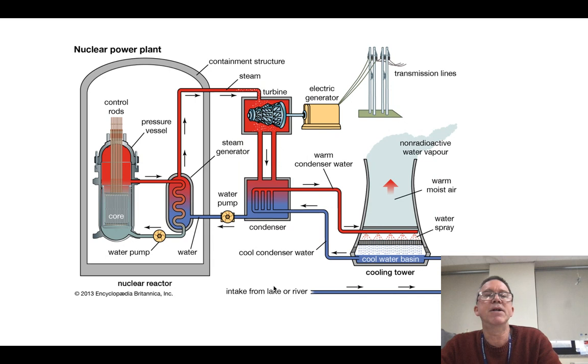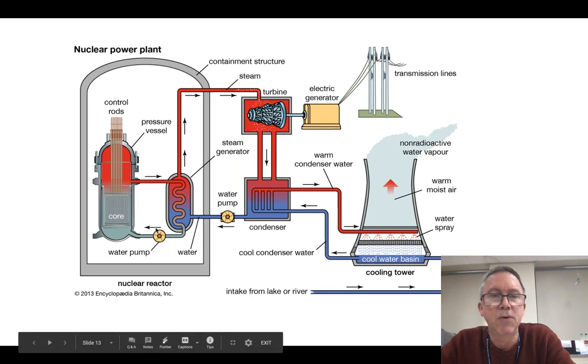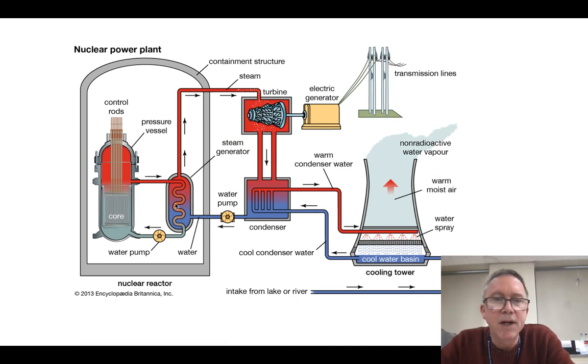So here's a bigger, crisper diagram. Okay, so here's my core. I'm going to pump water through here. As that radioactive water goes through here, it's going to make the water in this chamber boil. That water is going to come up here. And now I have high pressure steam to turn a turbine, which turns an electric generator, which makes electricity flow in the wires here. But now I've got to make sure that there's a pressure difference between here and here. So I've got to turn this back into liquid water.